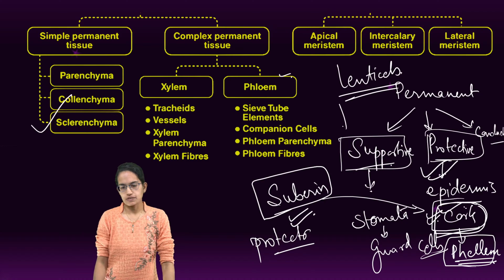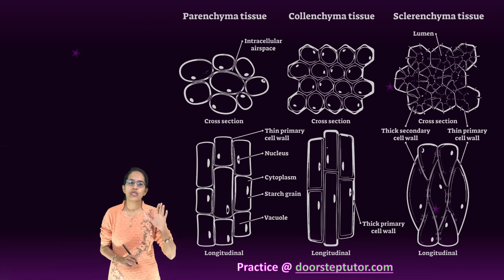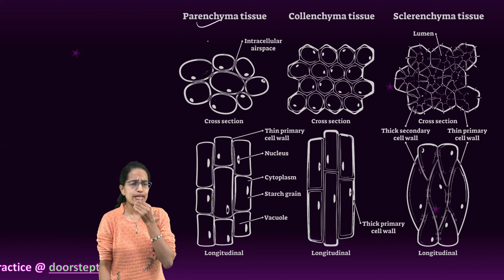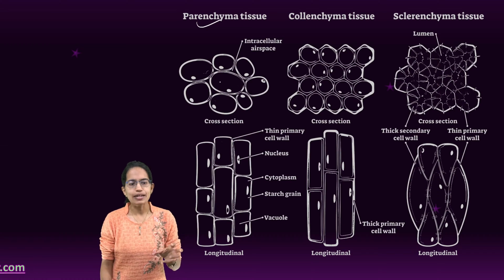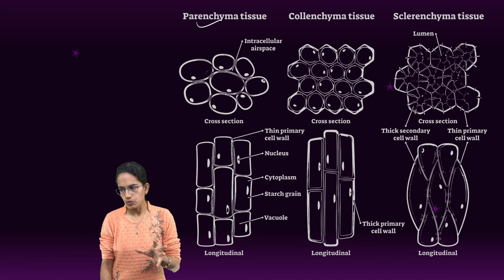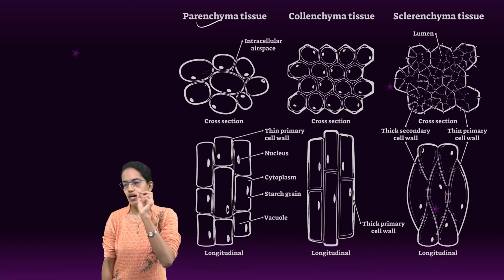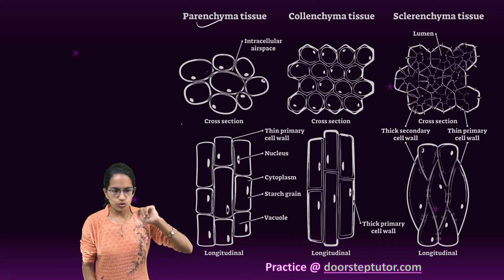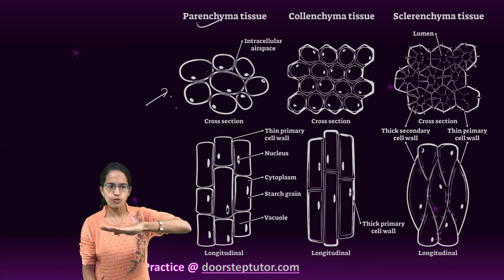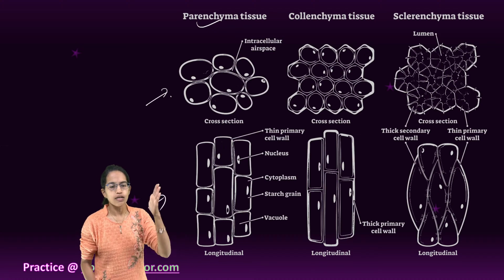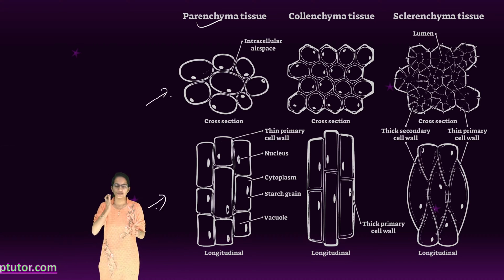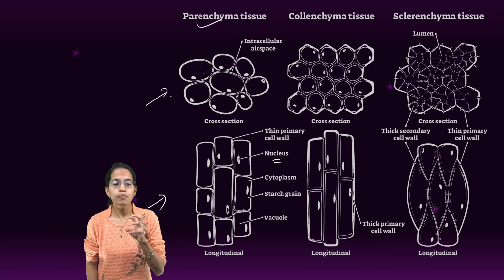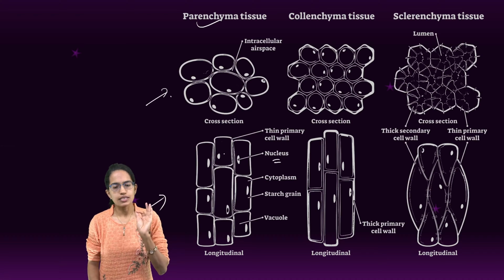Coming on to the next, which is supportive tissues. Supportive tissues are classified as parenchyma, collenchyma, sclerenchyma. Parenchyma, as you can see in the diagram, are loosely packed. They have ample intercellular spaces, usually a single large vacuole, and a bulk part of it is present. The above section, as you can see, is the cross section for parenchymatous cells, and the lower one is the longitudinal section. Under the longitudinal section, we can see there is a small nucleus present within a large cytoplasm, and this has a very thin cell wall.